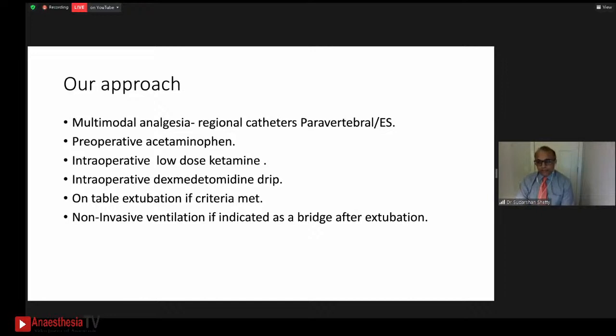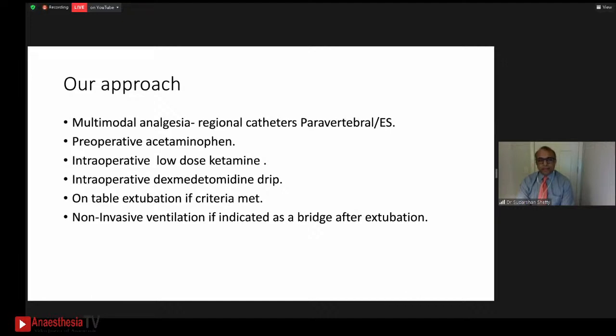So our approach in our institution, this is what we do. Pretty much everybody gets preoperative acetaminophen, like a gram of Tylenol. And as part of the multimodal analgesia, we use regional catheters, paravertebral or erector spinae catheters. Intraoperatively, they all get an arterial line and a FloTrac to monitor the cardiac output index and stroke volume index. To assist with the pain management, we use a low-dose ketamine drip, 5 to 20 milligrams per hour, and